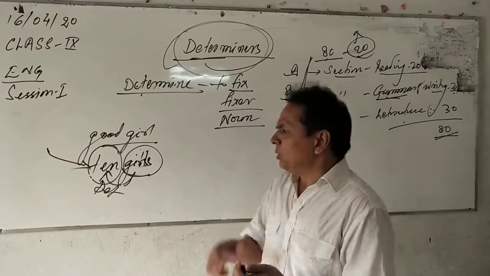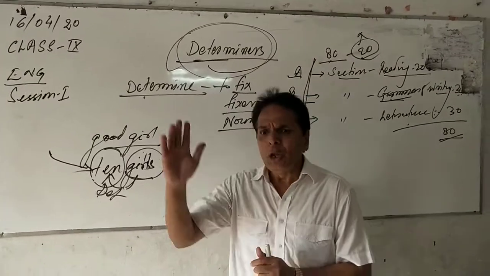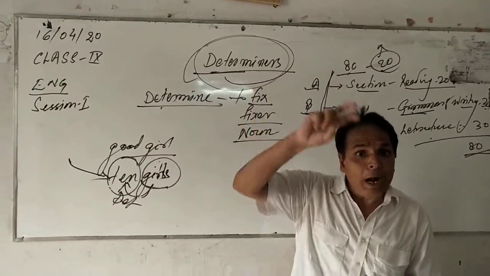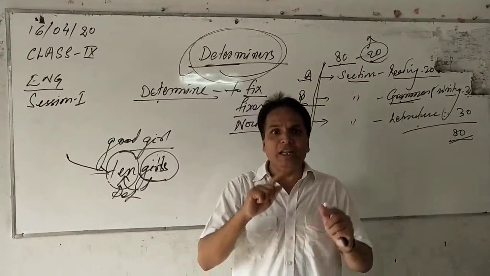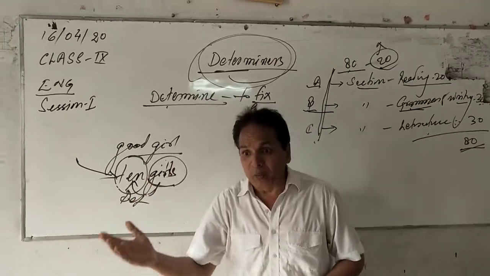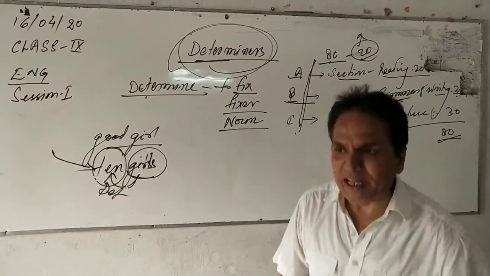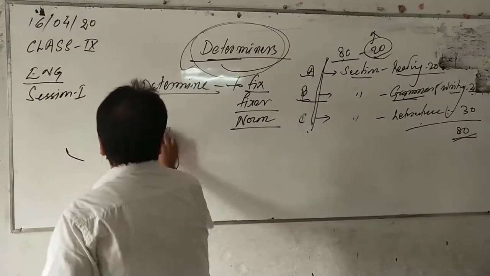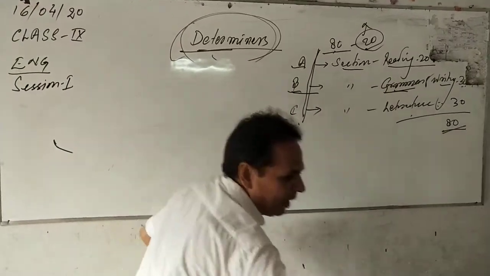Therefore, at first we have to discriminate between the adjective and determiner, because it is a part of adjective, and unless we have some method to discriminate the determiner from adjective, it cannot be differentiated. So therefore, we should have some discrimination between adjective and determiner. Here I will give you some of the discriminations between the adjective and determiner.